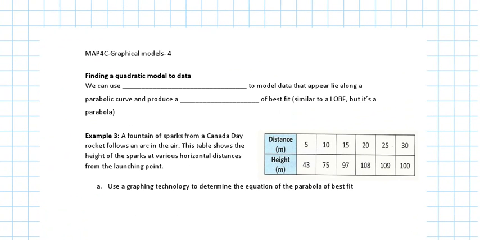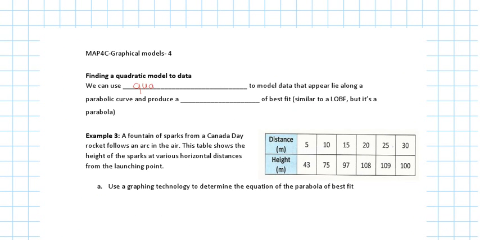So we can use what we call the curve of best fit or what we call quadratic regression. Okay? So we can use quadratic regression to model data that appear to lie along a parabolic curve and produce a curve of best fit. Now in this case, it's not a line of best fit, right? So you have to be careful,